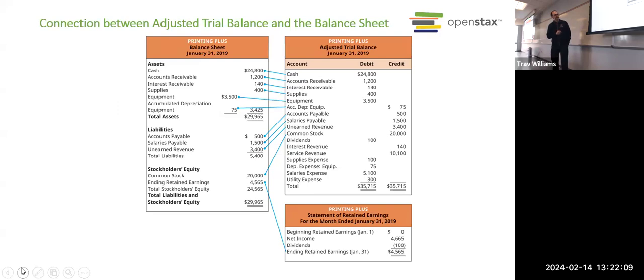So, any questions? If you're doing this on a computer or a program, do you have to do all these reports, or would the computer just do it for you? Right, so if you're entering the data into a program like QuickBooks or any other accounting program, once you've put the data in, you can just say, show me a trial balance, show me an income statement, and the computer will generate it.